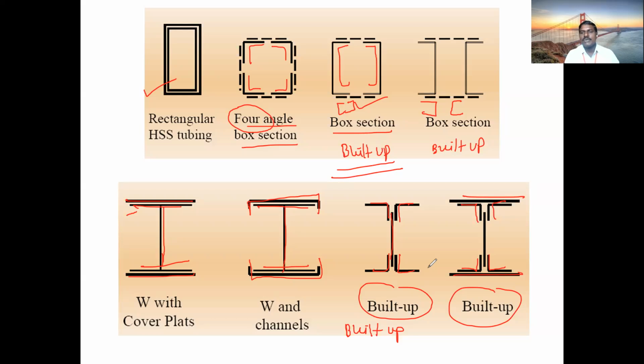Similarly, we have used 2 angles for taking the 1265 mm square area. To take an area of 1265, we used 2 angles. So what had we done? What we have done? We have divided by 2, correct? Are you listening to me? Yes. To take a load of 1265 using 2 angles, what did you do? You divided 1265 by 2, and for the area that came, you selected a section.